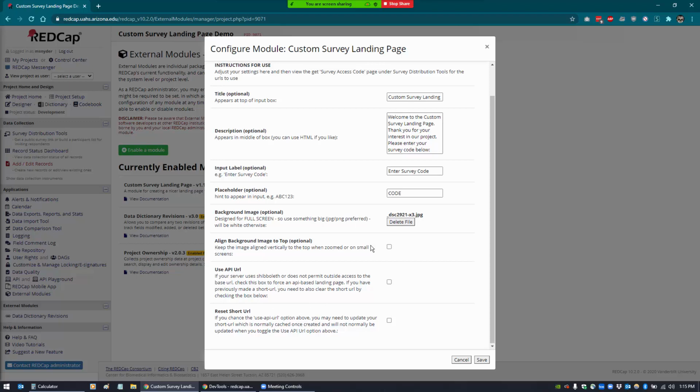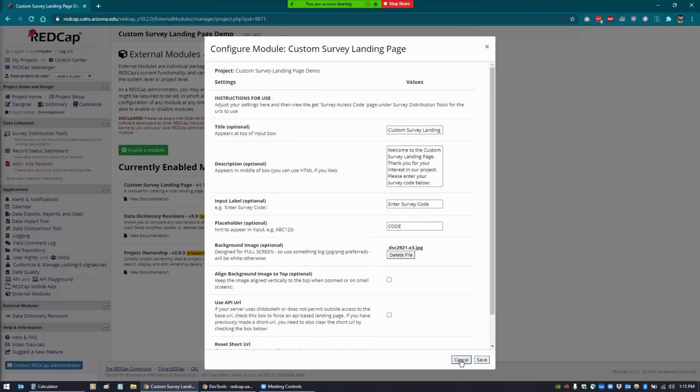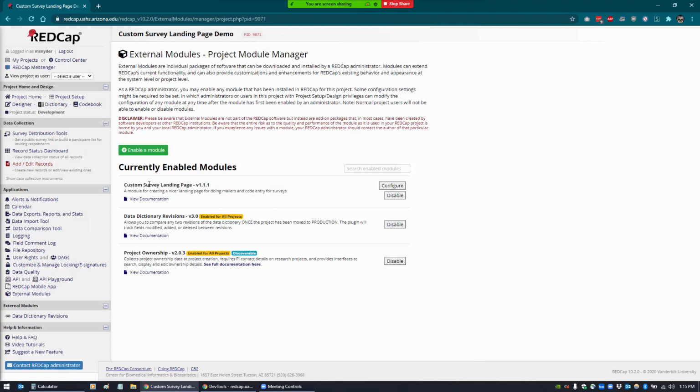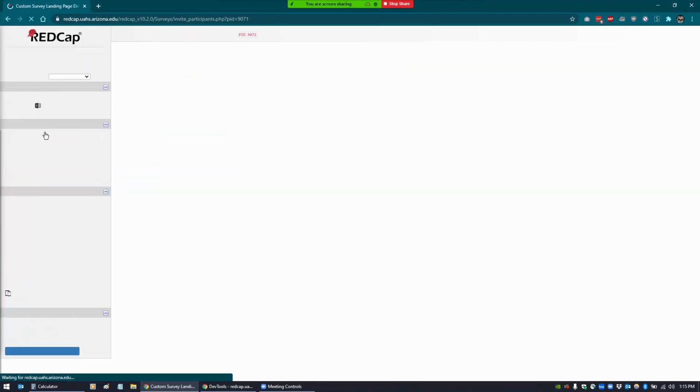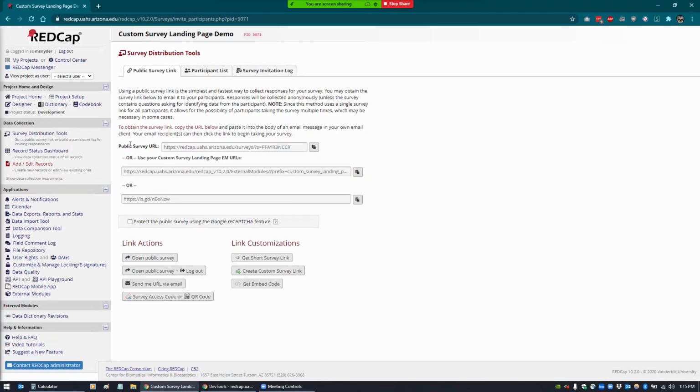So once you've enabled this and you've set these features up, you will see that when you go to your survey distribution tools, normally it has the public URL, and if you created a short survey link, it'll give you the short survey link. But now it gives you this option here that says use your custom landing survey page, and it gives you this link to use or this short link. So if I just copy this short link here,